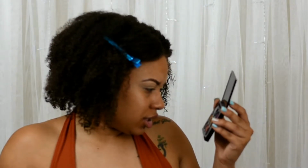They're actually really pretty. I see that there are maybe 2 mattes. One is like a sparkly matte and then the rest of them look like they're shimmers. So I'm going to start out with this color in the middle. I can't read how they are on the back, so I have it on my phone. The color in the middle is called That Somebody, so I'm going to place